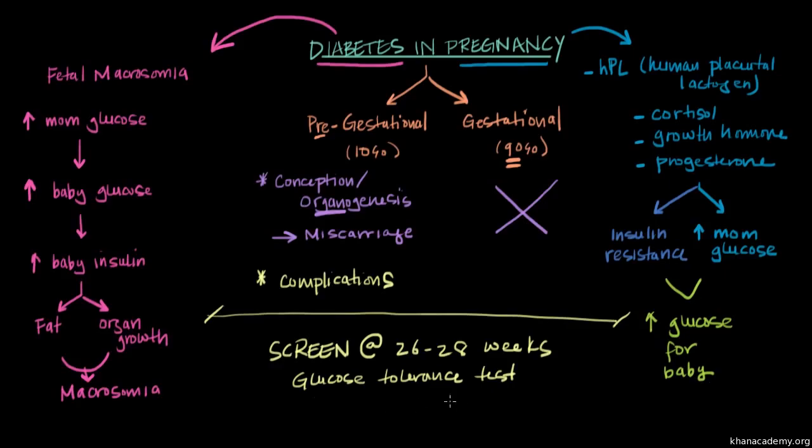And if a woman is diagnosed with diabetes during her pregnancy, we do our best to control it with diet. And if that doesn't work, then insulin is kind of our second line of treatment. And it's also important to know that gestational diabetes, so again, diabetes that occurs during pregnancy, kind of as a process of pregnancy, increases the risk of a woman having overt diabetes after the pregnancy is over. So it's really important to follow up with all these women after they deliver. Kind of the set point is 6 weeks after they deliver to test them for diabetes. Okay, so that is gestational diabetes in a nutshell.